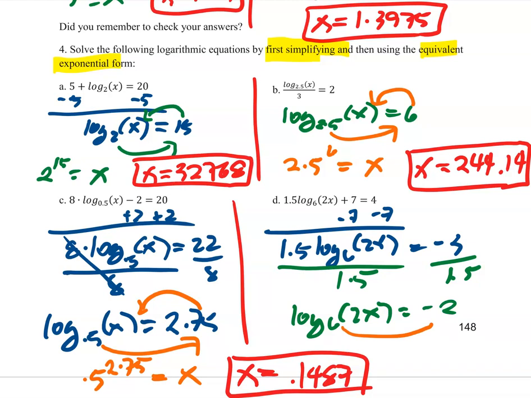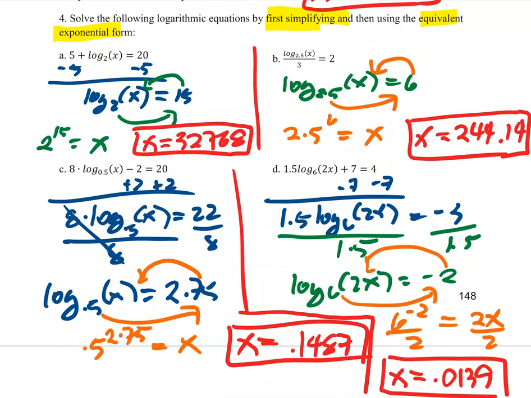Then let's write this into exponential. So 6 to the power of -2 is equal to 2x, and then divide both sides by 2 to get the value of x. And when you use your calculator, 6 to the power of -2 divided by 2 is